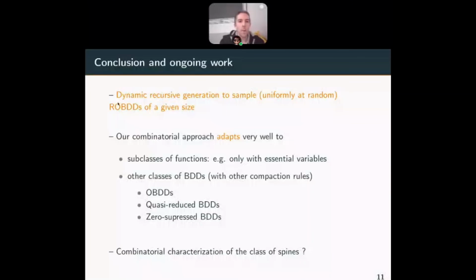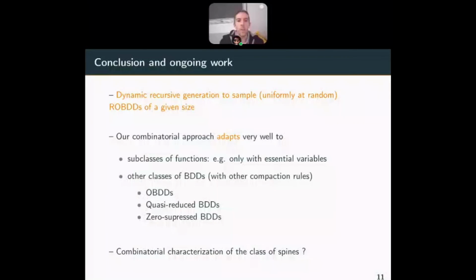So you cannot compute the left substructure and the right substructure independently. The post-order traversal is still important. So you compute the first left substructure, and then the right one is dependent on what you have already constructed, because you cannot construct twice the same structure in our ROBDD.